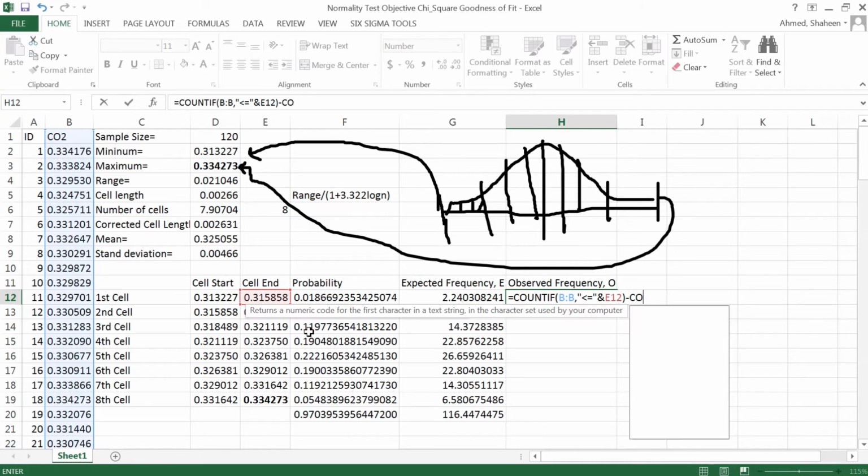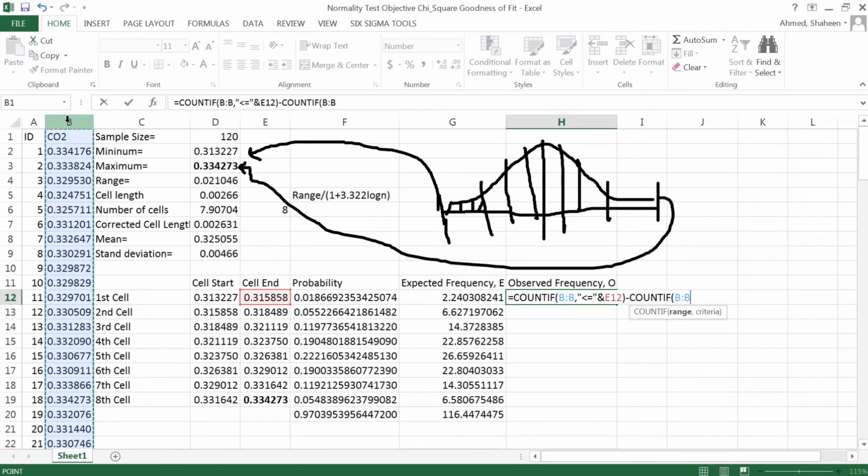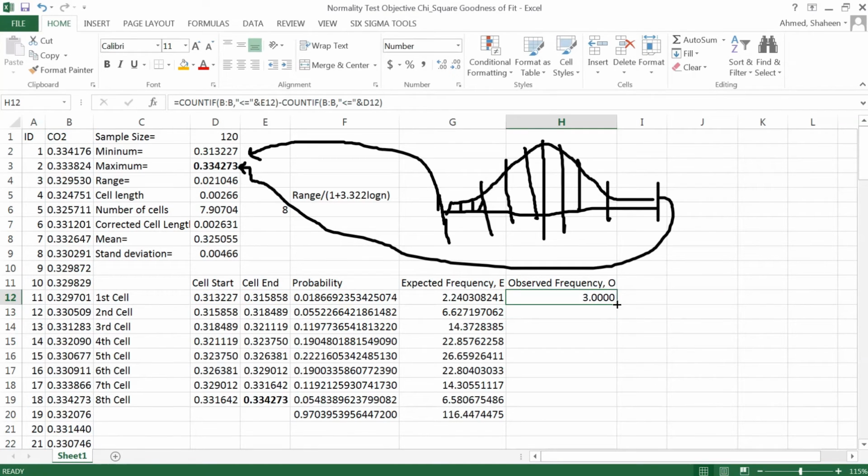minus COUNTIF this cell, comma, and then this, ampersand, this cell. This will count all the data before that. I know there was no data, but I was trying to make a general formula so that we can calculate this. Alright, so it looks like I have 3 data points